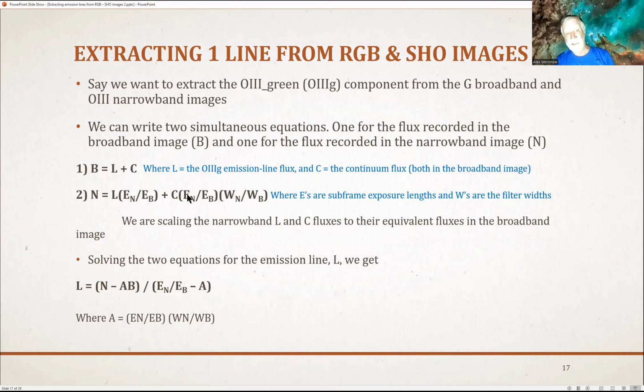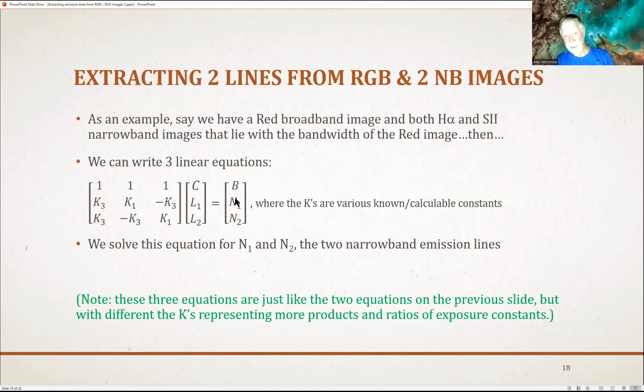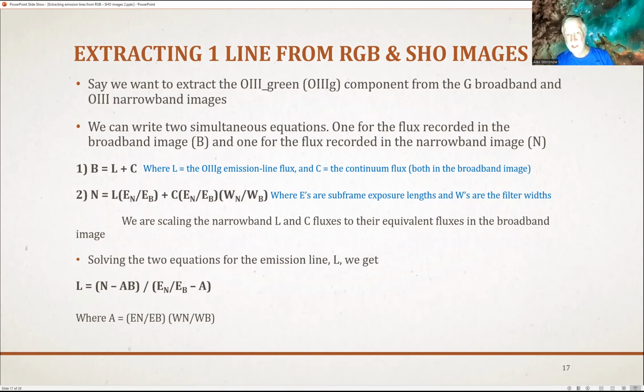And if we make that same ratio to scale C, we also need to scale it by the width of the two filters, the narrowband being, say, 10 nanometers and the broadband being perhaps 100 nanometers. So now we have two simultaneous equations. We know all the E's, we know the W's. The two unknowns are the line and the continuum, and we very simply solve them for the line, and we get that the line is equal to the narrowband minus A times B. B is the broadband image. A is this ratio, this set of constants, divided by